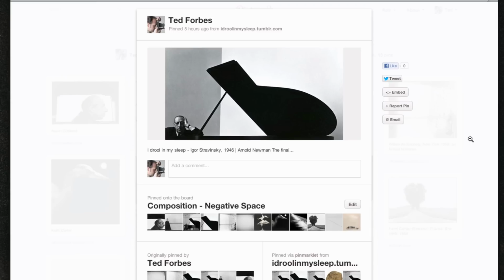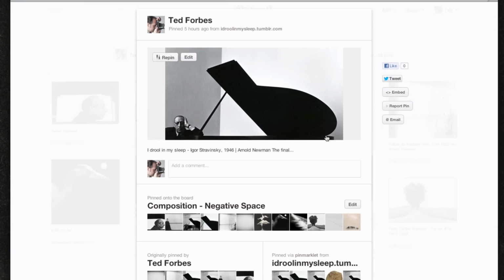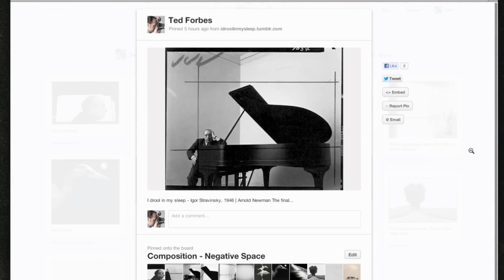It contains elements of line. It contains elements of shape. And it's also defined by negative space. What is the negative space here? Well, the background could be considered negative space, but really the piano lid is actually defining a lot of negative space itself. What's really interesting is here is the original image of this, and I found this online on somebody's blog,